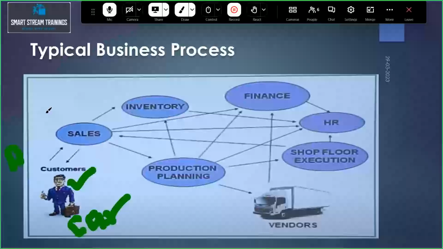So to purchase this car, first you are in your location. In the area where you are staying, who is the best vendor in the market? For example, if you take Maruti Suzuki showroom, different types of showrooms are available in the nearby locations. So you have to choose the best vendor. That is the next step.